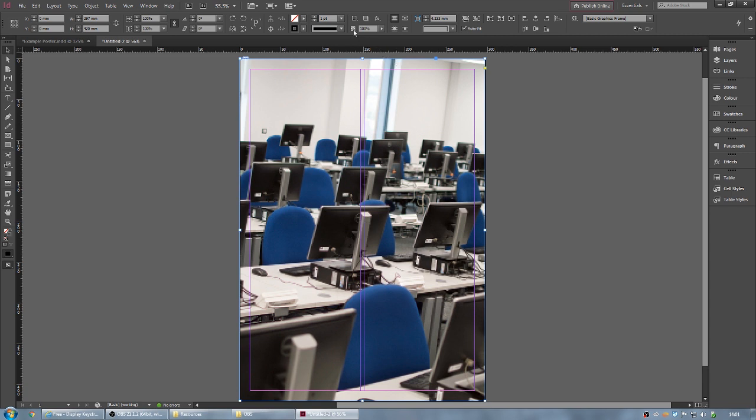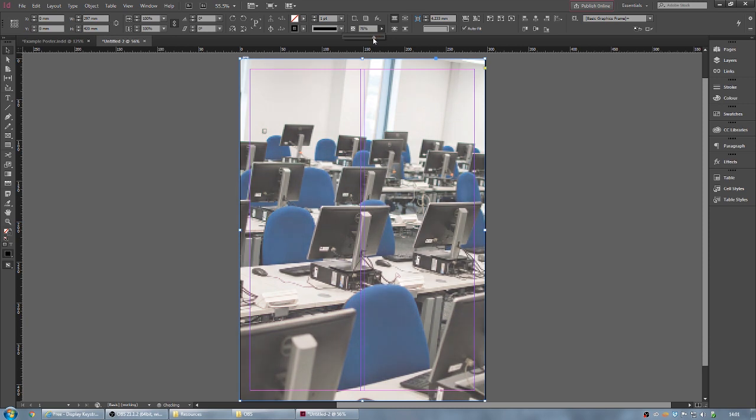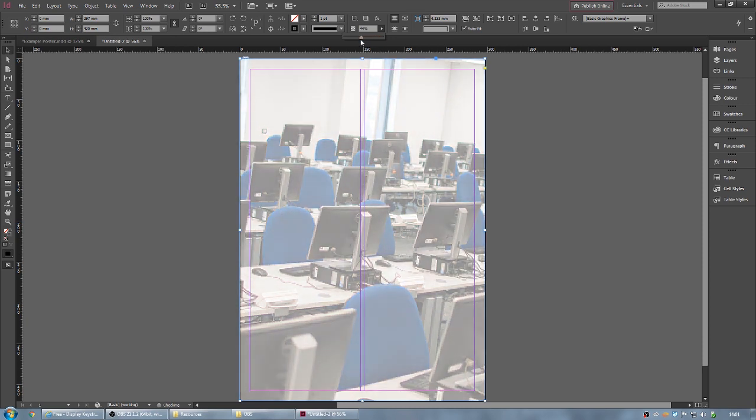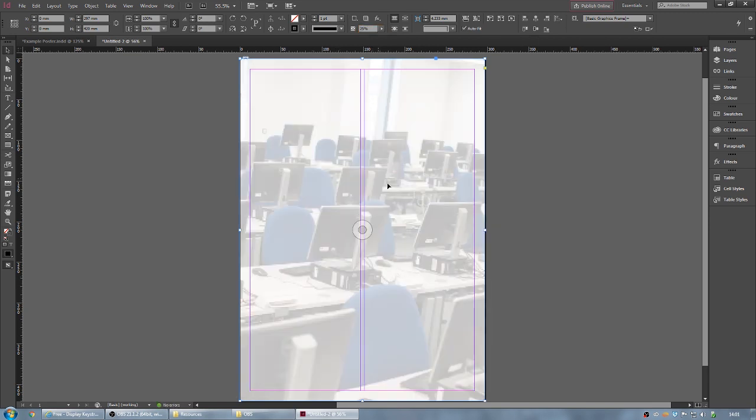So what I'm going to do is up at the top here, you have opacity. So this decides how transparent something's going to be. So at the moment it's 100%, so it's just completely opaque. But if I turn this down, you can see it gets fainter and fainter because it's on a white background. So let's turn it down to, let's say, 25%. There we go, now that's much less visible, so that's going to be much less distracting from the content we want people to see. So if we just click anywhere to deselect that,